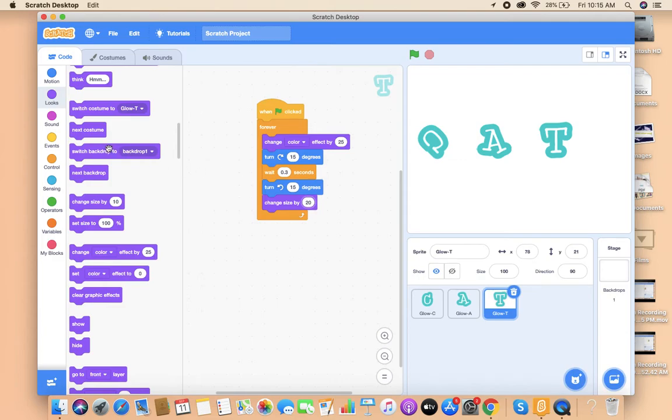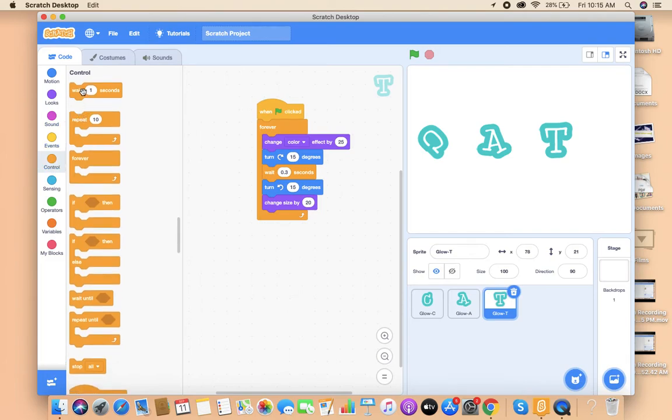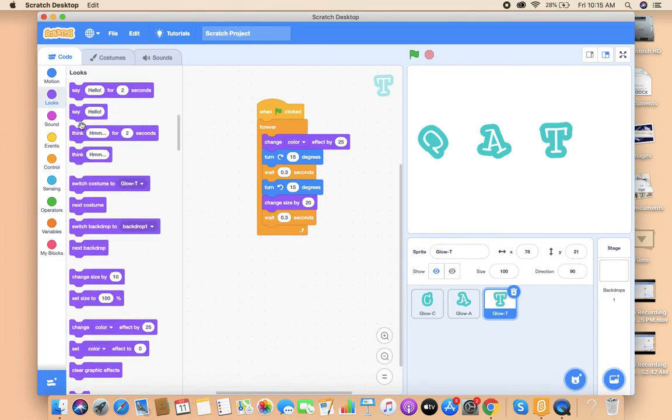After that we'll go to control, wait for 0.3 seconds, and again I will go to looks and change size by. First I have taken 20, now I will take minus 20.